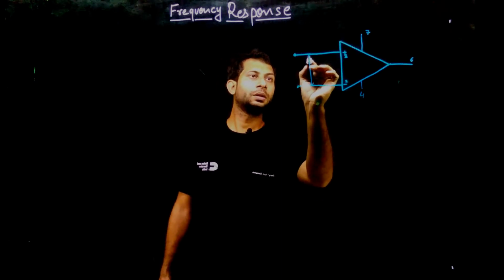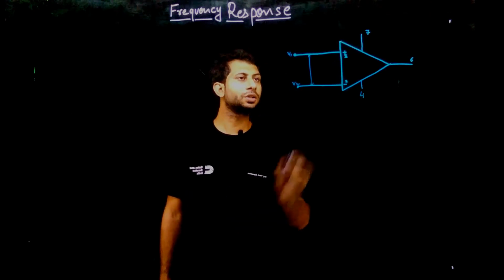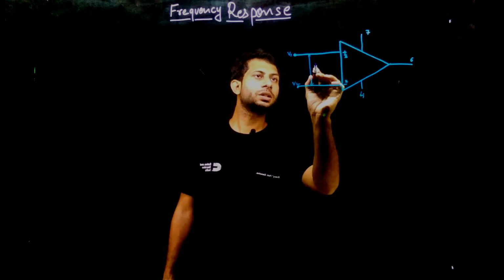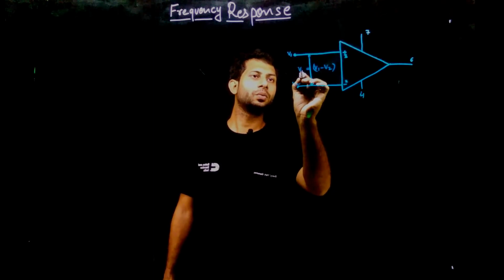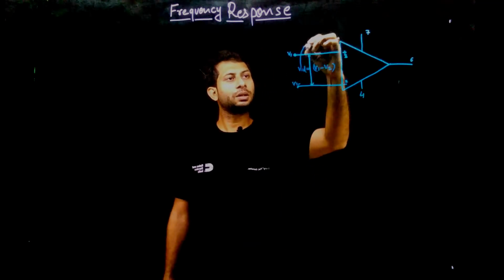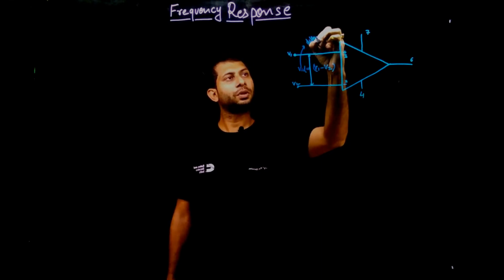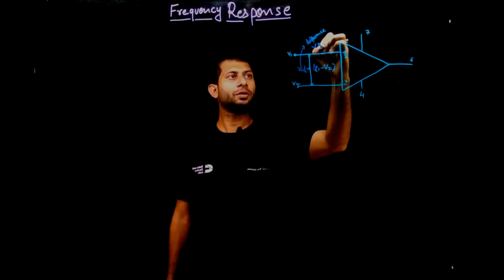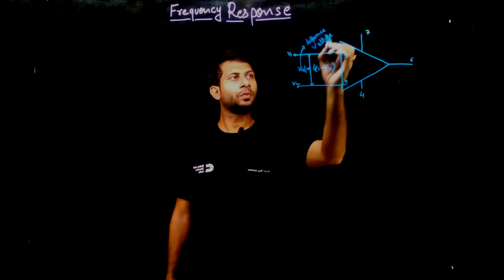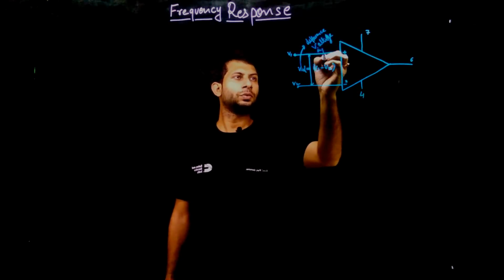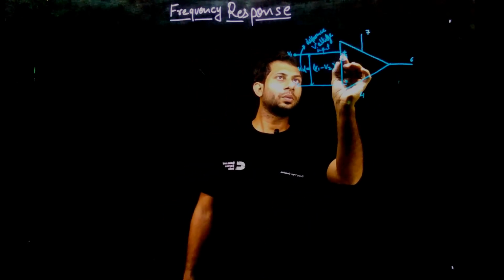We take the two voltages, V1 and V2, and the difference between these two voltages is treated as V1 minus V2, which is equal to VID. This is the difference voltage at the input. Now, for